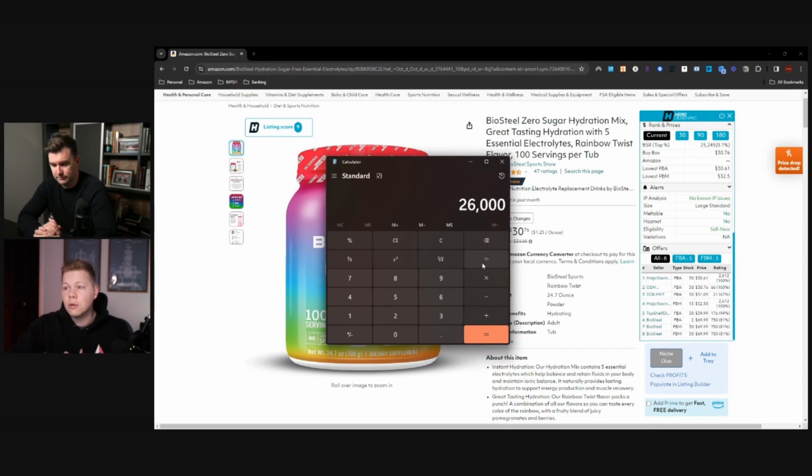We'll look at units as well. But we can look at 26,000 divided by 5. That would give us $5,200. So we could reasonably expect, if we source this item, to sell about $5,200 every single month with just this one